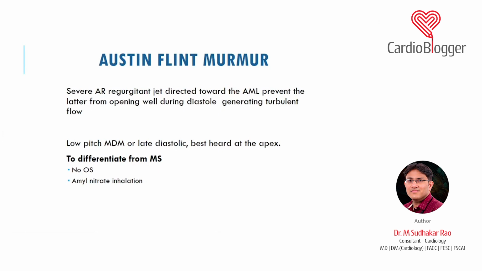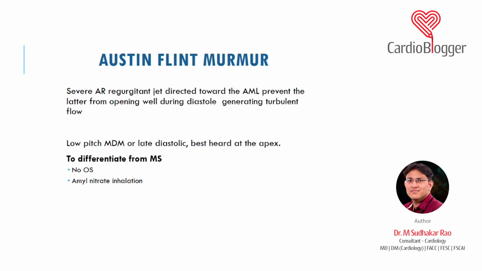Okay. Next important thing is you get a loud S1, you get an opening snap, you get a pre-systolic accentuation, you get AF, and you get findings of pulmonary artery hypertension in MS, but not in AR with Austin-Flint murmur. The only thing which can differentiate is amyl nitrate, because amyl nitrate decreases the peripheral vascular resistance, and so the